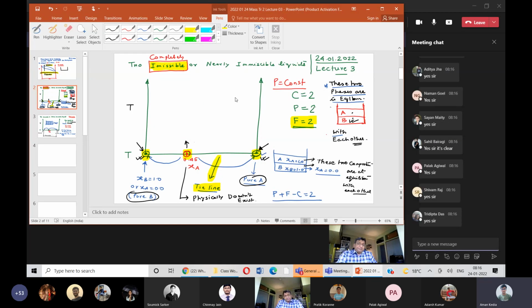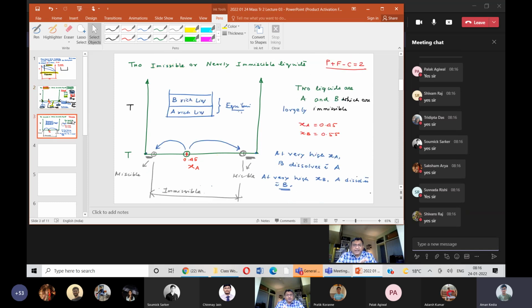Okay, so this we understand. It should be clear, but something very interesting is coming up. Now, let us talk about a more realistic system. In many cases, it is not going to be oil and water, but a liquid pair that we use in extraction very frequently, which are nearly immiscible. So from complete immiscibility, we are now looking at a system that is nearly immiscible, or let us use a more valid term, partially miscible.